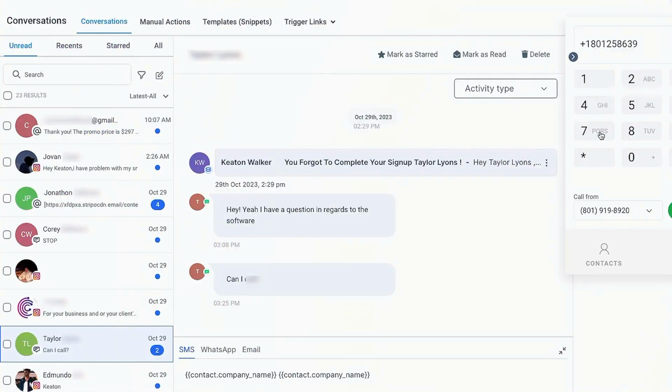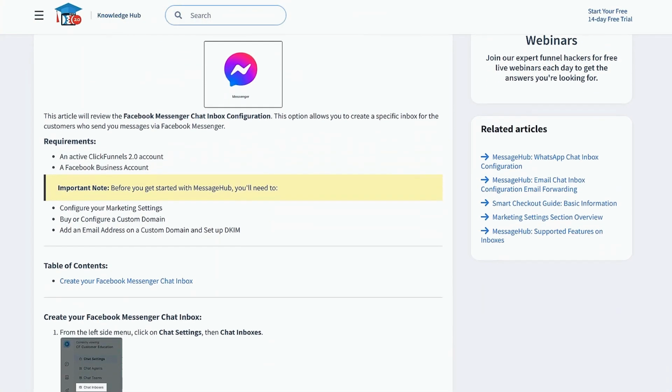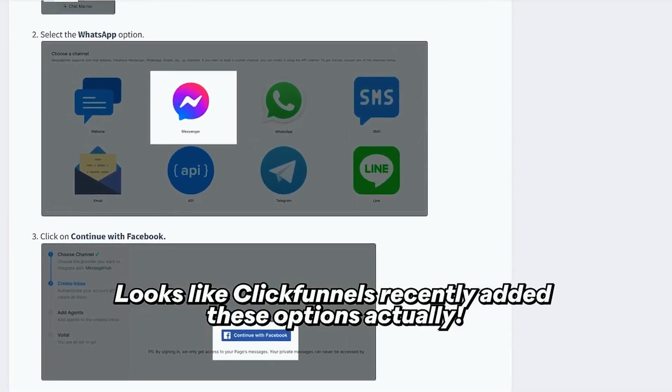I think the biggest place that HighLevel stands out here is in their conversations dashboard. You can bring in conversations from almost every single platform to one spot, which is so valuable. And in ClickFunnels, you just can't. The SMS capability is barely getting rolled out to people, and that's the only way you can talk to people